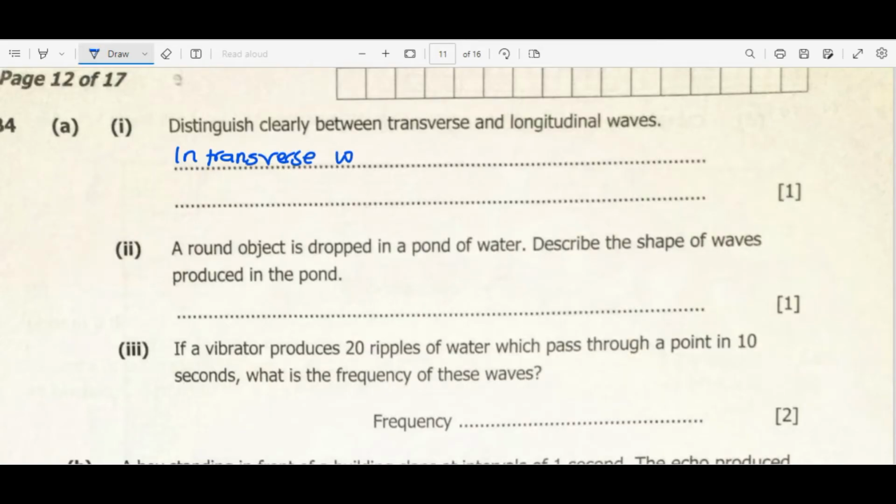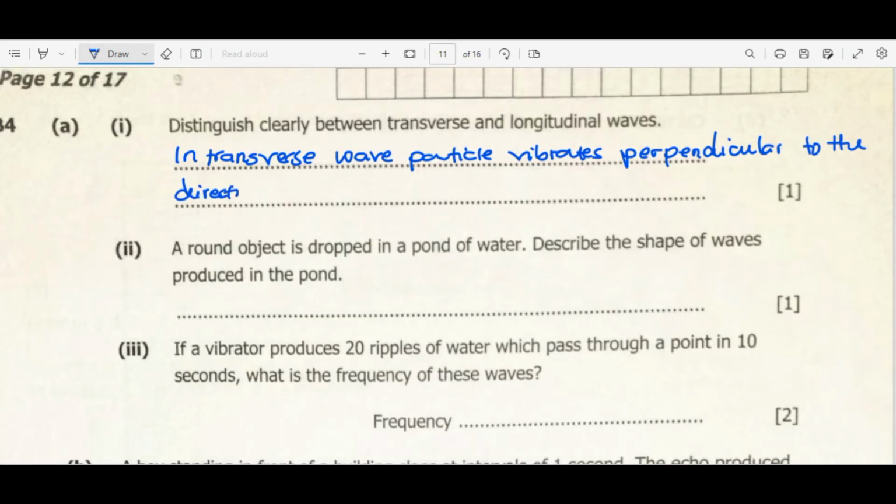So in a transverse wave, particles vibrate perpendicular to the direction of the wave,